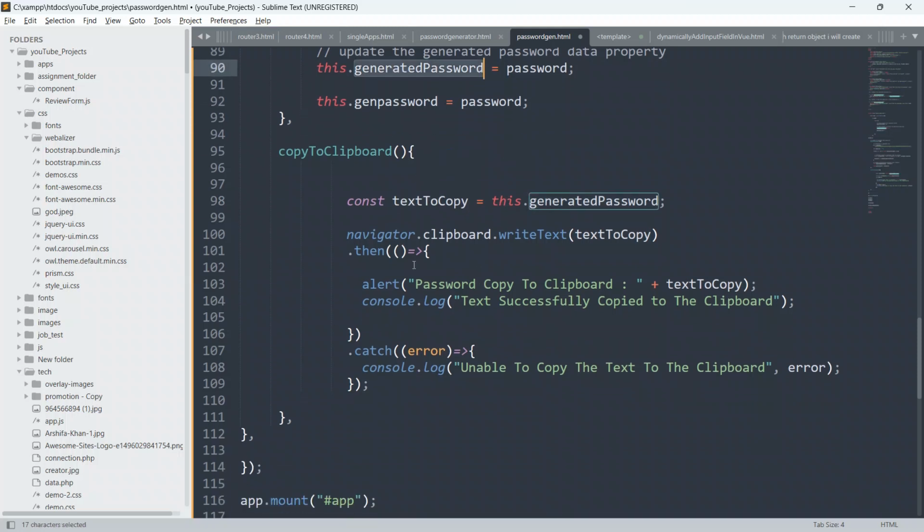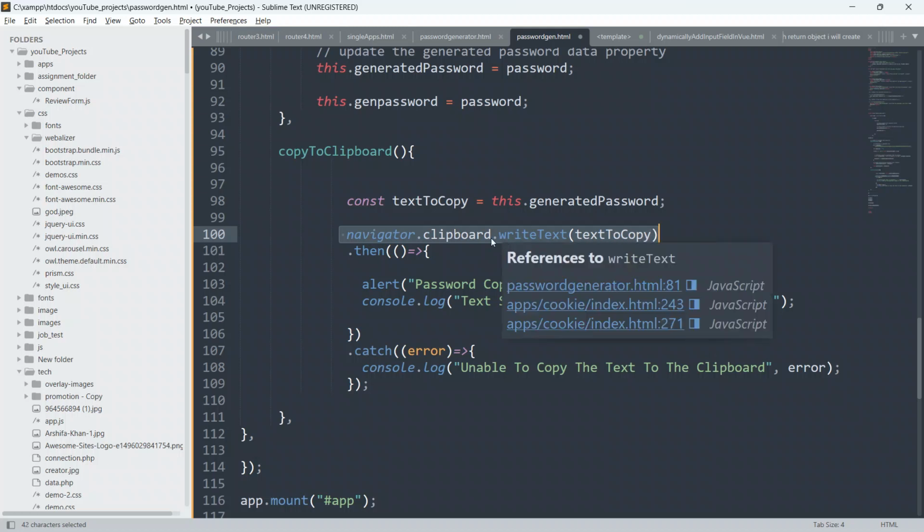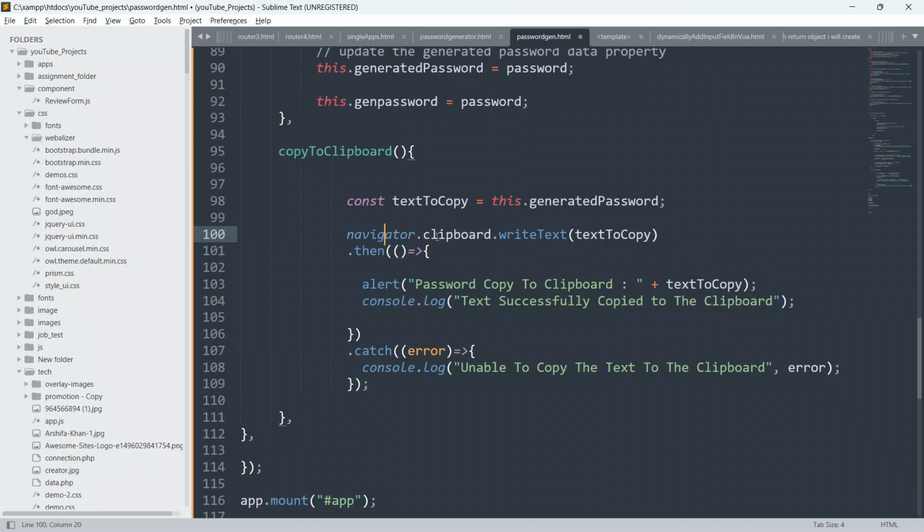Okay, and here we are using the copy to clipboard API, and we are saying navigator.clipboard.writeText, and we will pass this text as a parameter, and then we will use the then function, because you all know that then is a promise based approach. Okay, so guys, then is a promise based approach which is used to fetch something after the successful execution of the code.